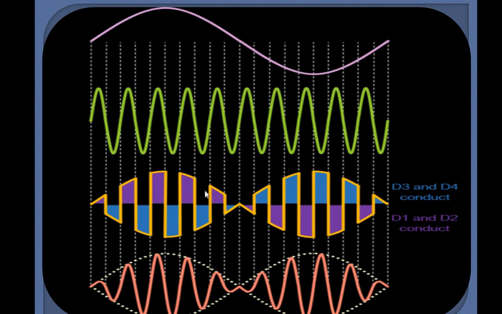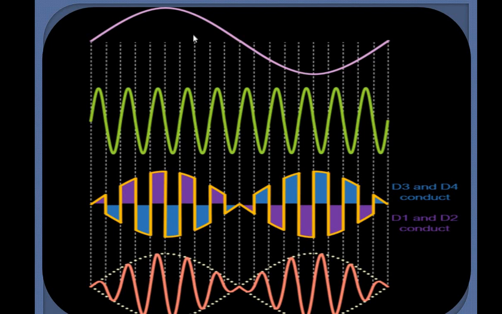So D1 and D2 are conducting in the first positive half cycle, and in the negative half cycle, D3 and D4 are conducting. See in this part, the positive first cycle is this one. In the positive half cycle, D1 and D2 are conducting. In the negative half cycle, D3 and D4 are conducting. After completing this cycle, you will be getting a phase shift of 180 degrees, and this message signal will not be out of your envelope. It will be inside of your envelope. So this is the reason there is no loss of information or no extra distortion added. This is the plus point for this one.